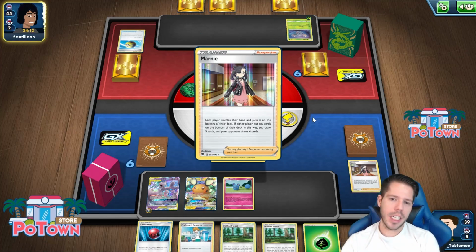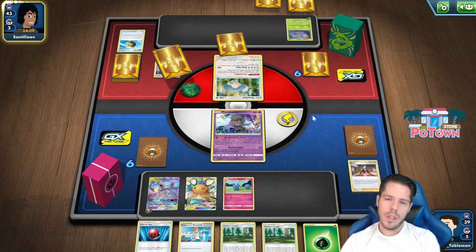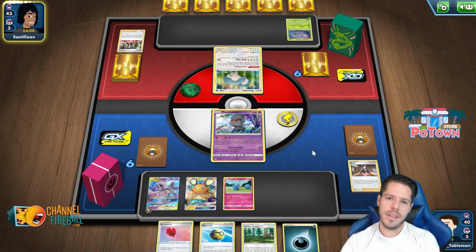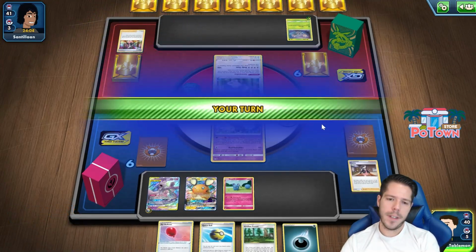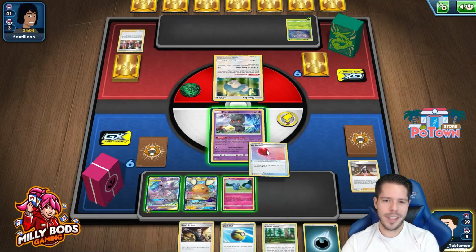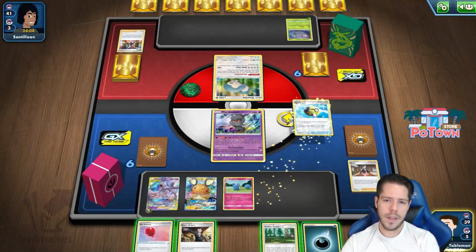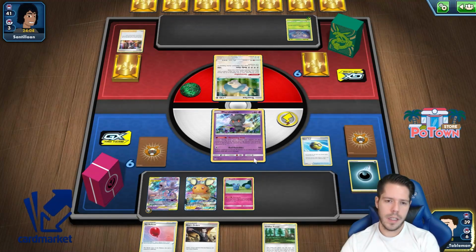I have my GX attack to take 2 prizes. And that's it, right? Moltres can't attack it, Zapdos can't attack it. I mean, the Boss's Orders definitely helps here. This guy has 60 HP, so actually... I can't...